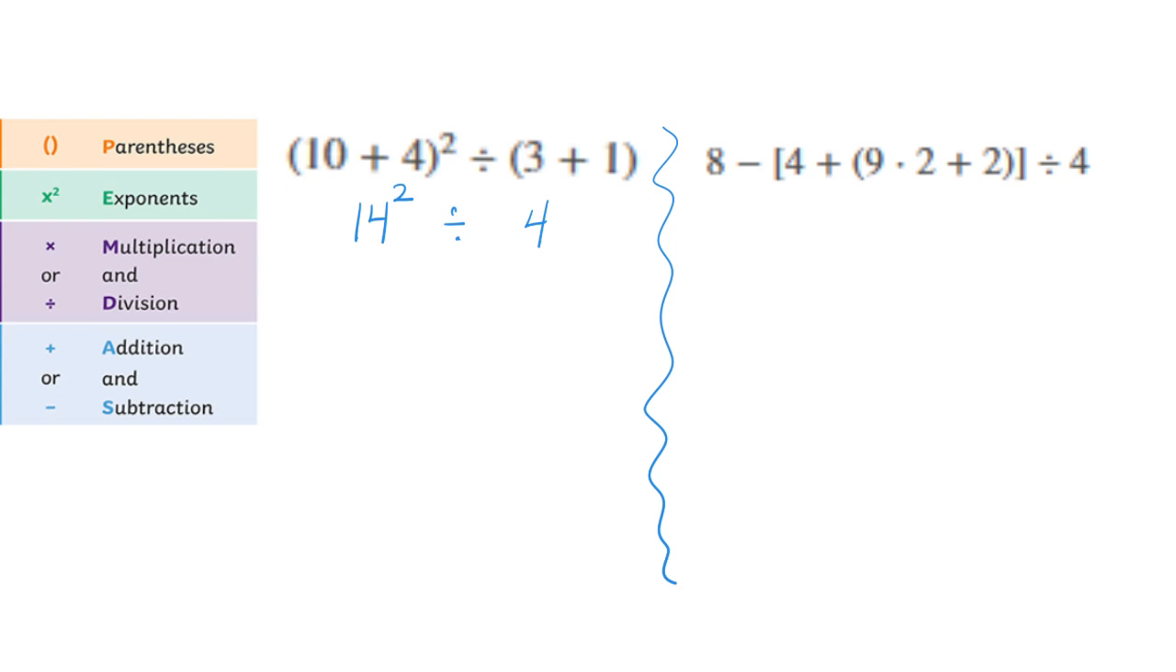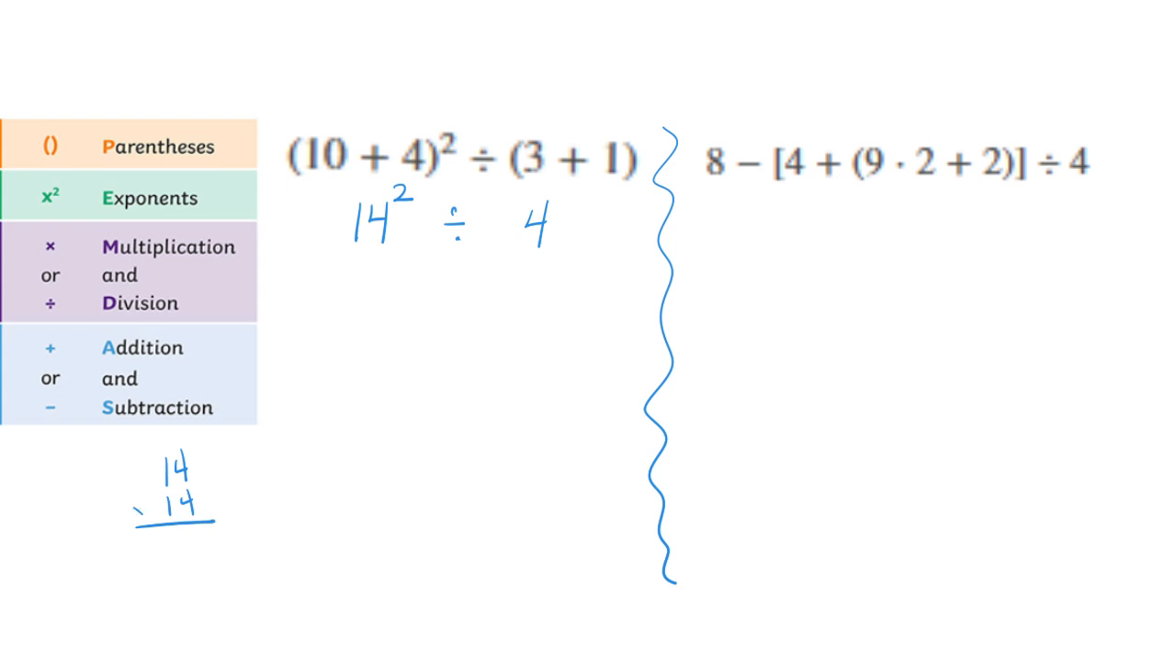Next thing I'm looking for are my exponents. Okay, so a 14 squared. All right, that's getting a little bit bigger. Do you know what 14 squared is? All right, if you don't know 14 squared, let's do a little side note over here of multiplying 14 times